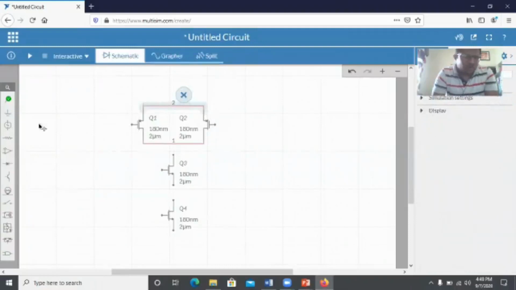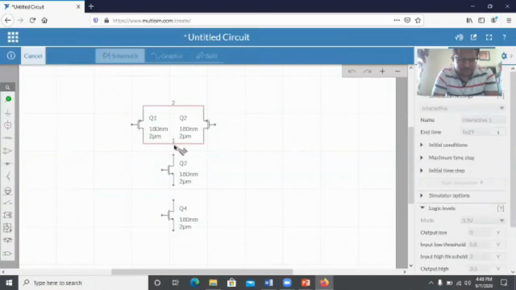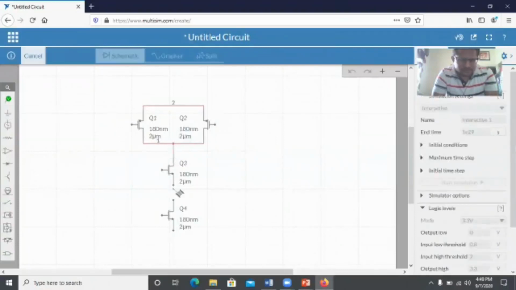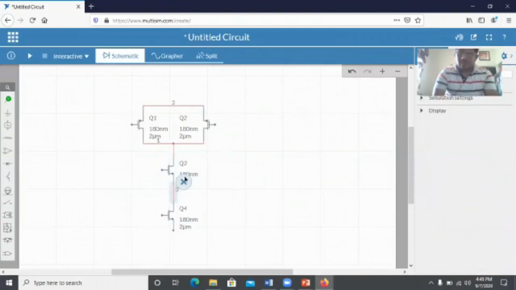Then take the wire again and short this, and here also you choose that and short it. So what we have done is we have taken two PMOS transistors and connected them in parallel, and we have taken two NMOS transistors and connected them in a series circuit.